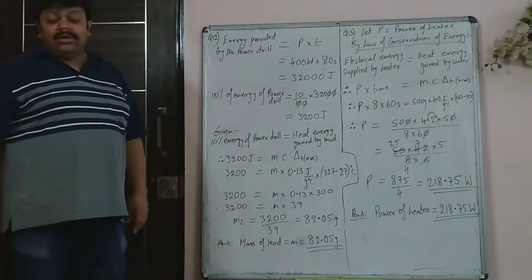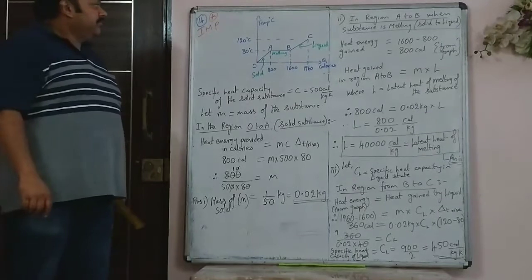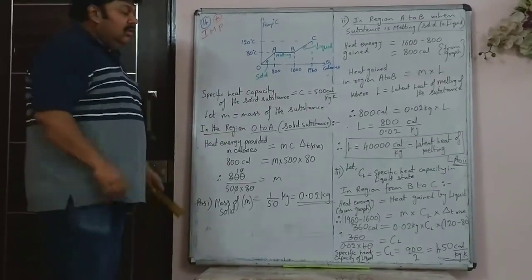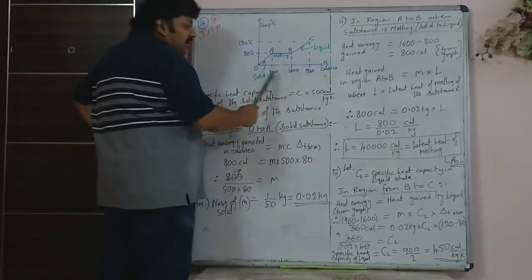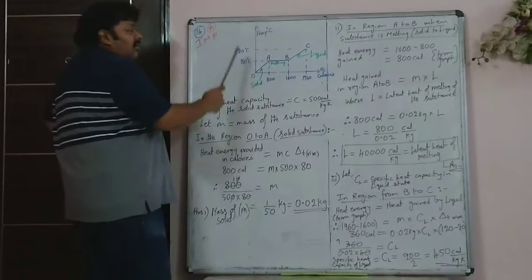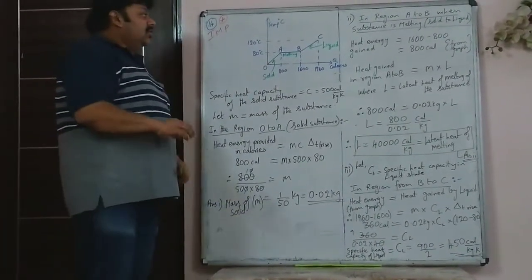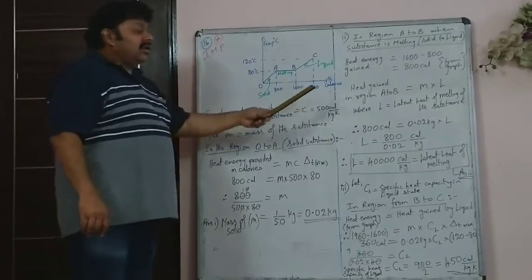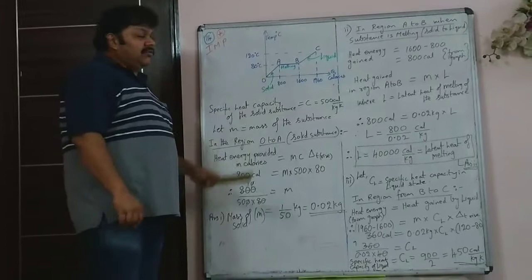We continue with the 14th sum. Now in the 14th sum, a graph is given. From the graph itself, you have to find how much is the heat gained in calories. It is given on the x-axis, and on the y-axis, the temperature in degrees Celsius is given. So now the rise in temperature and the gain in heat you have to record and see from the graph.